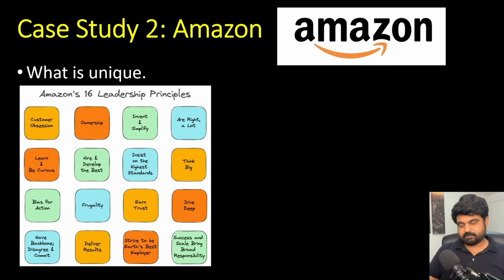16 leadership principles. If you prepare all the answers for each one of the leadership principles, even tomorrow if you go to some other company, maybe Microsoft or maybe Google, if they ask some questions, you would still be able to answer even if you didn't prepare. Why? Because these are the common qualities that are going to cover the majority or most common part.